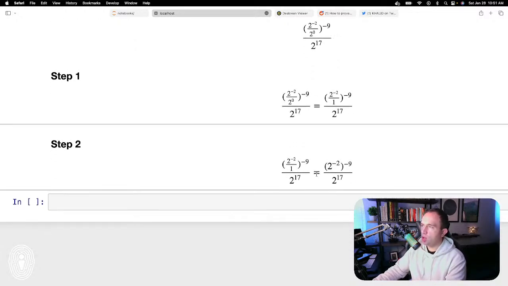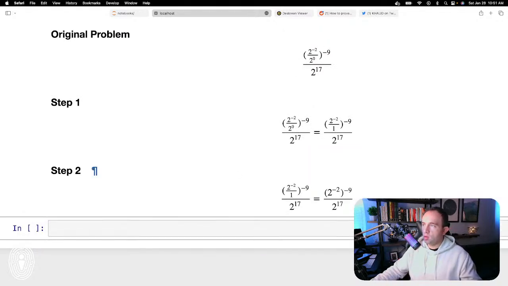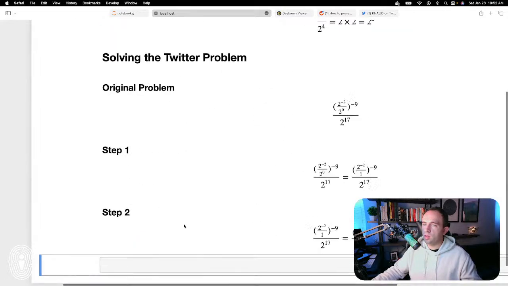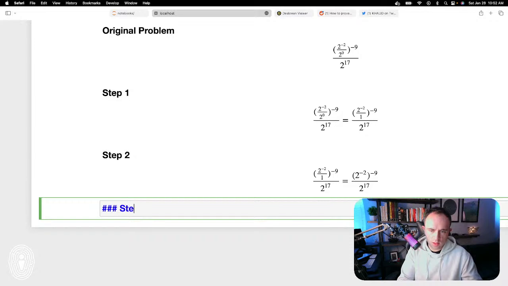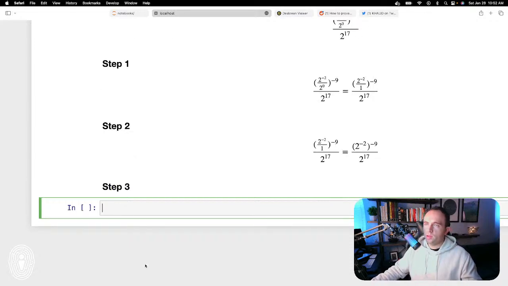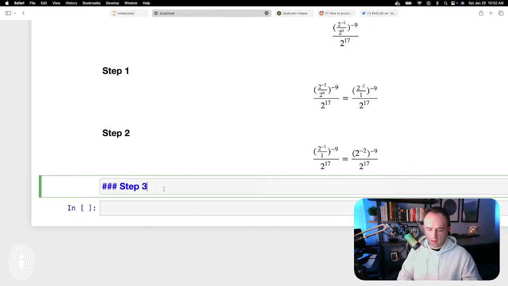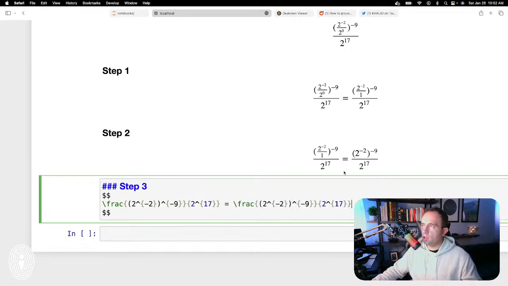All right, so now we are going to take this part here, and we're going to go on to step 3. If you recall, I need to make this a markdown cell again. All right, so step 3. Oops, I'm an idiot. Oh my gosh, click that thing. All right, there we go. Boom. So that equals basically the same thing, except now